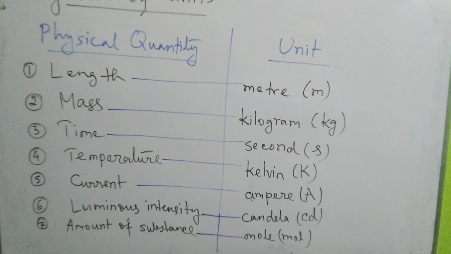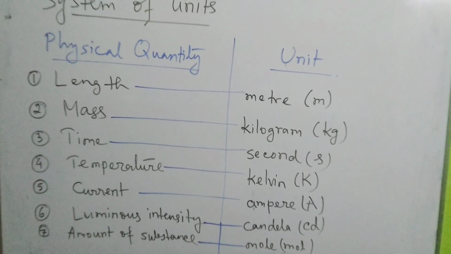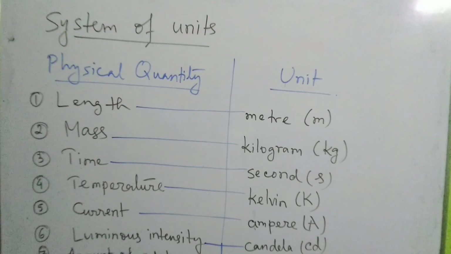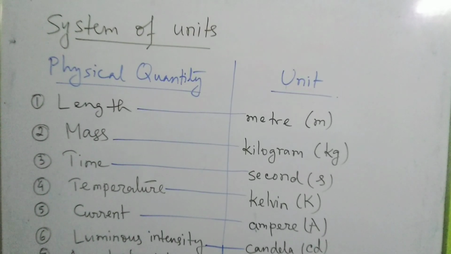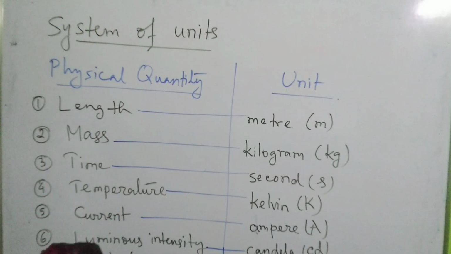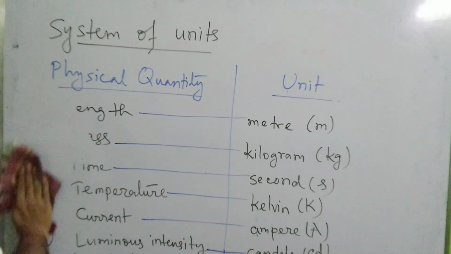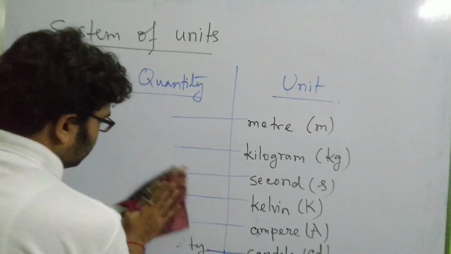Fine. I think you have noted all the SI units and the physical quantities. If not, please pause the video and note the units. Okay, fine, so we will be rubbing it off. These are the 7 fundamental quantities and their respective SI units. Now we have another 2 supplementary fundamental physical quantities. What are those? Those are the